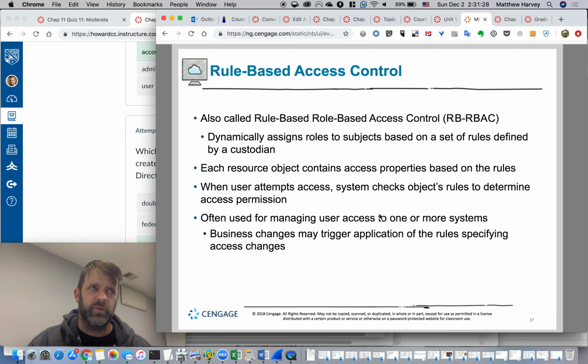Rule-based is similar, but the difference with rule-based is that it's more flexible. You can add additional rules that say, okay, if someone is a member of the accounting department, then at this time, members of the accounting department have access to this kind of thing, and just more dynamic roles, right? So it says here that it dynamically assigns roles,